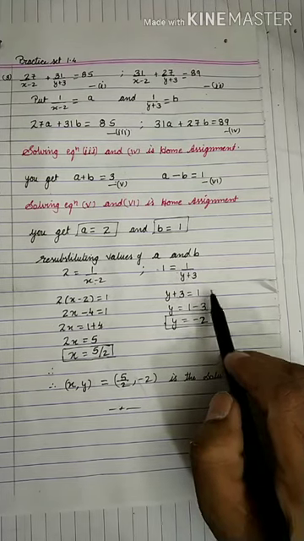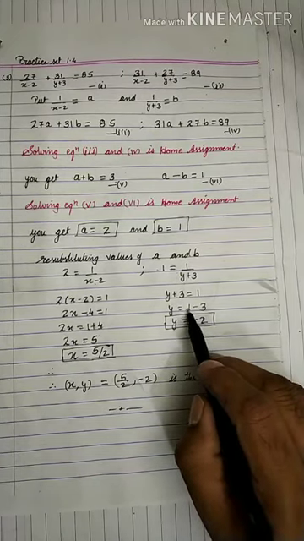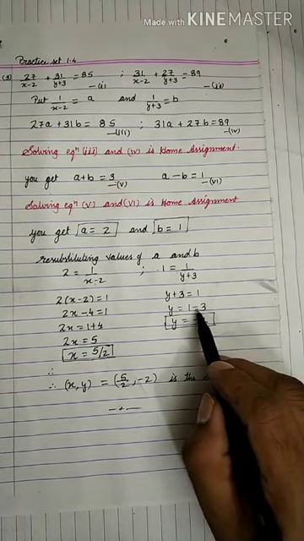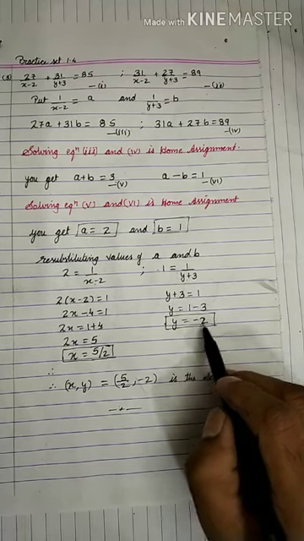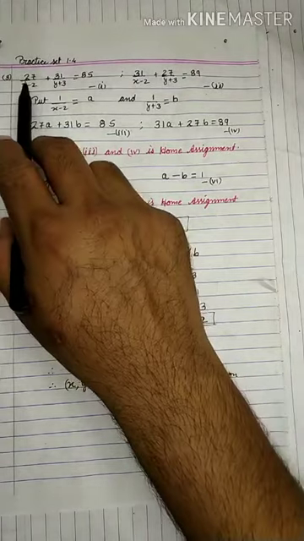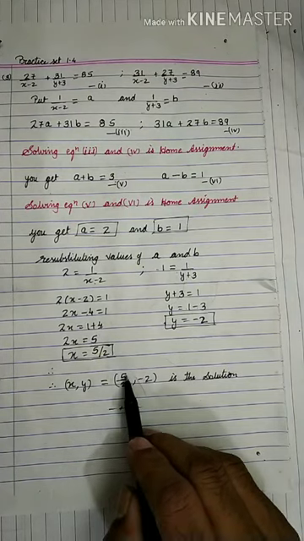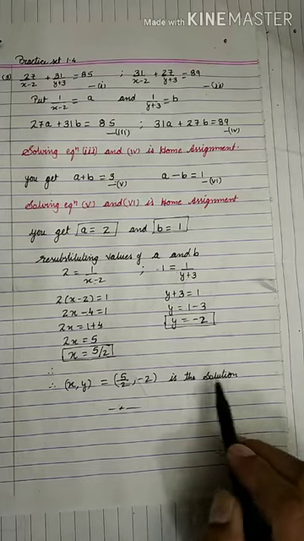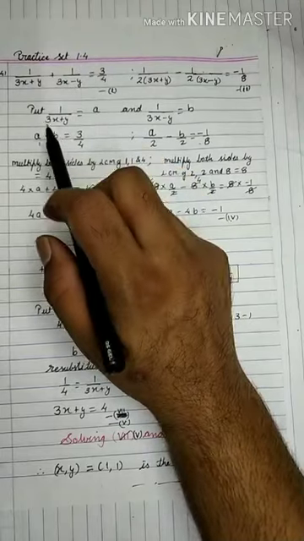Plus 3 goes to that side. And we need to be very careful about the minus sign. Plus becomes minus. So 3 minus 1 is 2, but the sign of the greater number. So 3 is the greater number with minus sign. So the answer will be minus 2. Don't make a mistake with the minus sign. So we have got the values of x and y which were required as per the question. So we write, therefore, x comma y is equal to 5 by 2 is x, minus 2 is y is the solution. Now let us see the last question, that is the fourth of practice set 1.4.